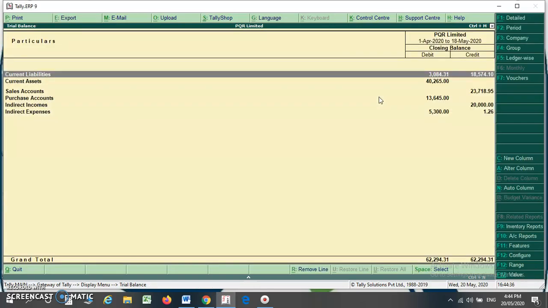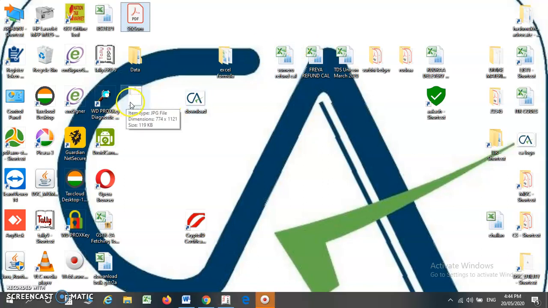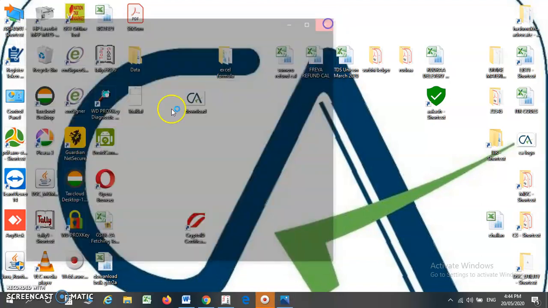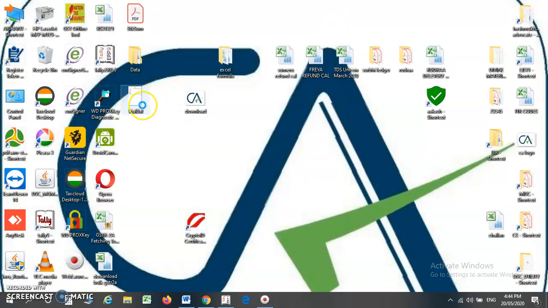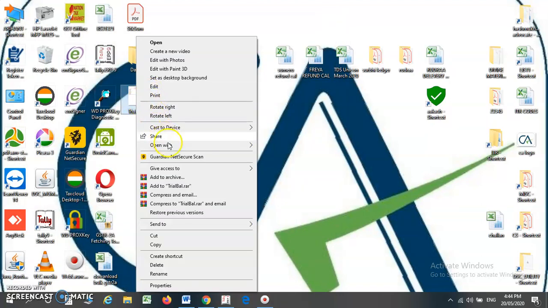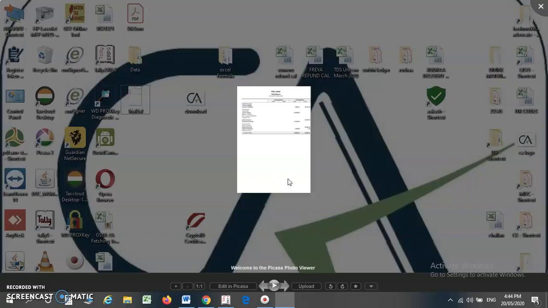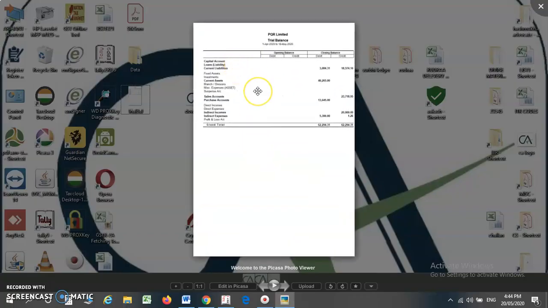So I am exporting. Here you will find that my image trial balance appears. I can show you. This is my image trial balance.